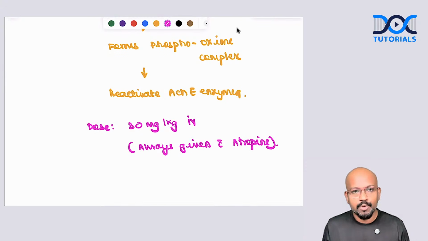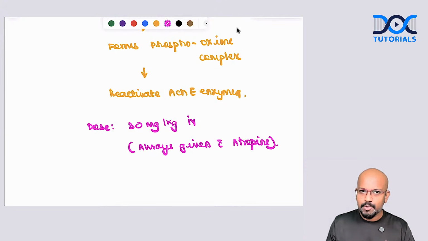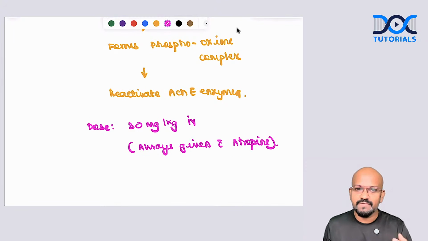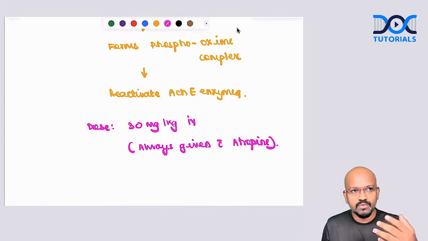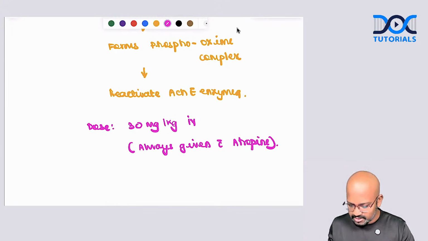These are all the classical points about OPC poisoning. Whenever a question is asked in the exams, you just need to follow this. Last important point, if you want to fetch a little bit more marks, and you're already good with the answers, you have one more point to write down. Please note it down, my dears.